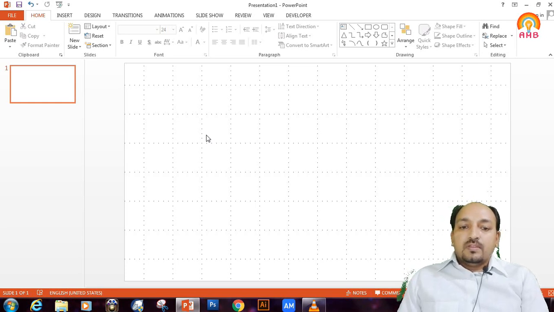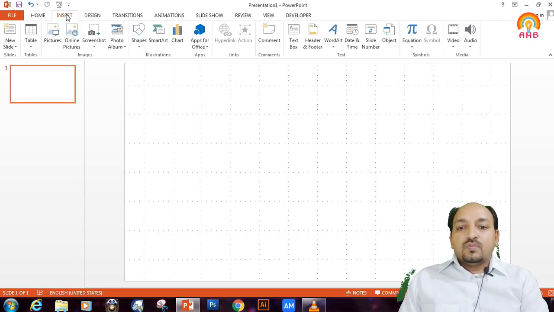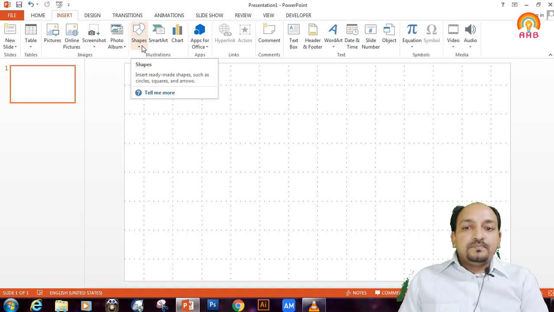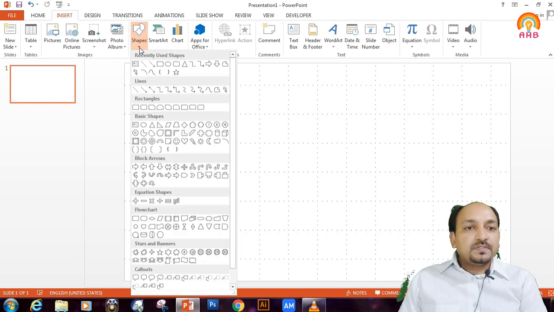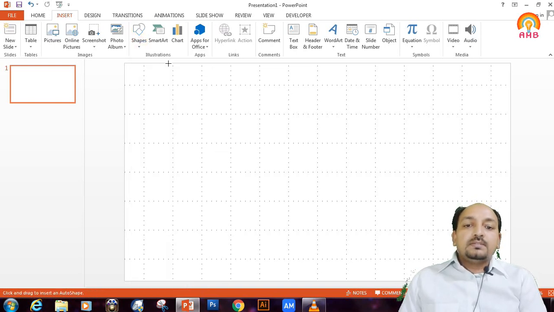For getting that gear shape, first we have to select a rectangle or oval shape. For that, click on the insert tab, then under that insert tab there is a heading of shapes, and you can click on these shapes and select this oval shape.